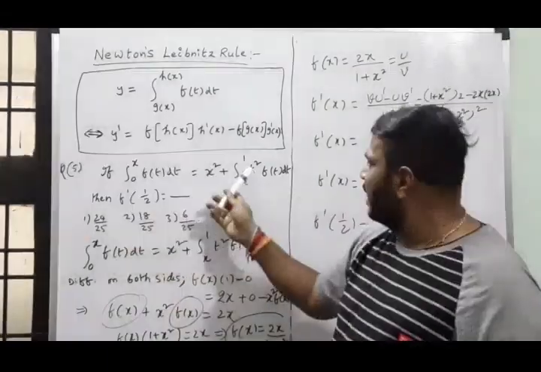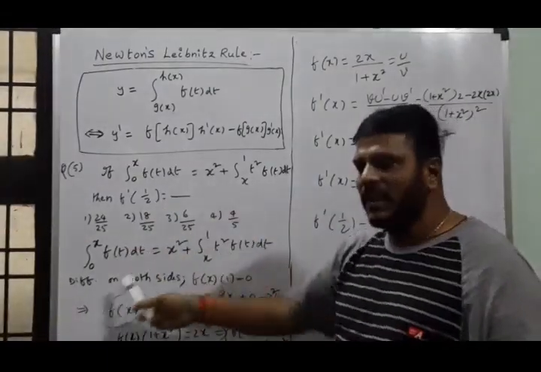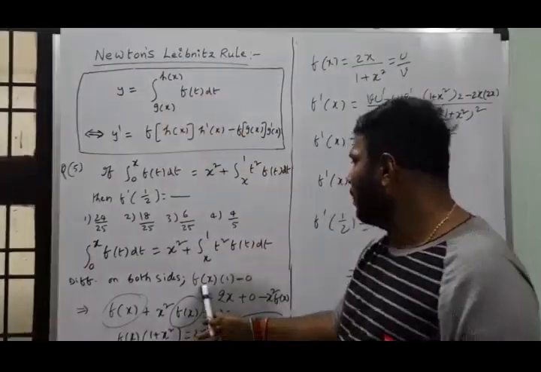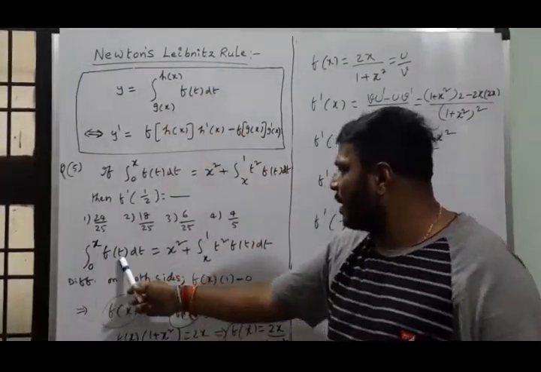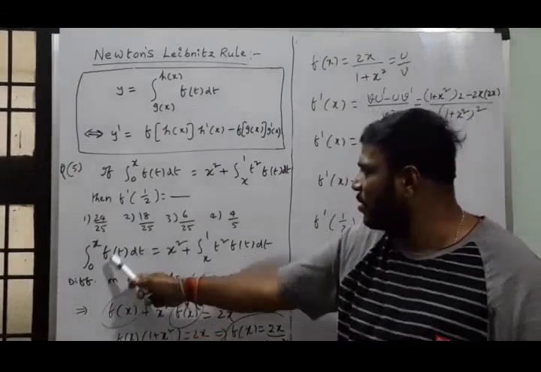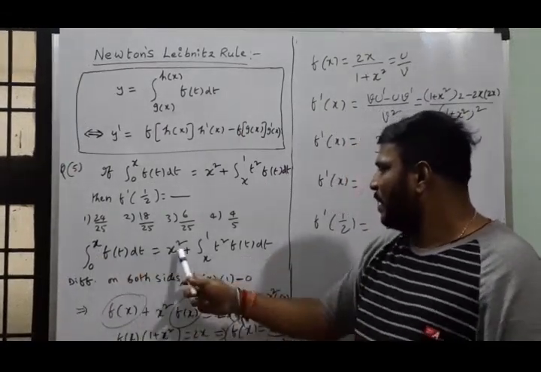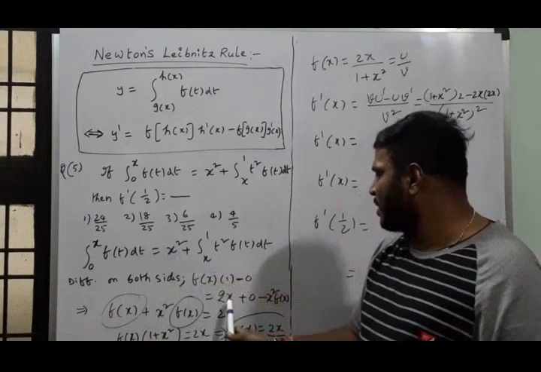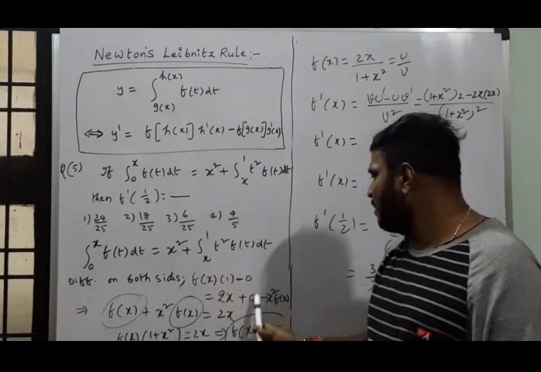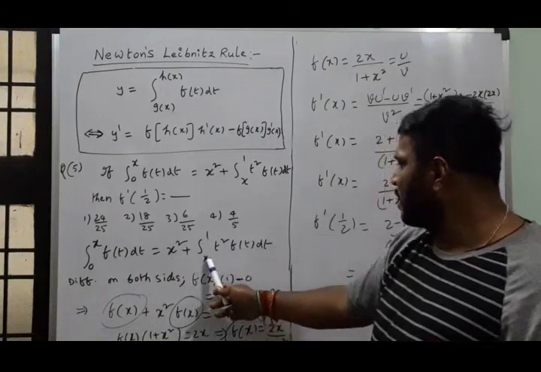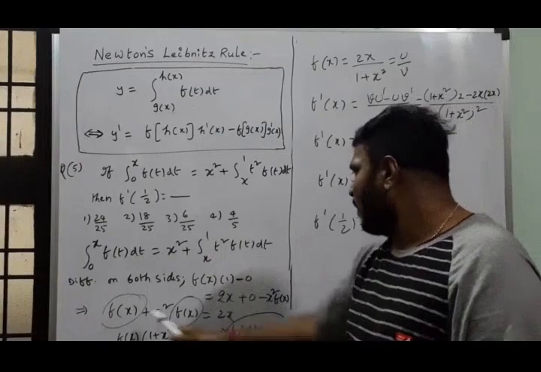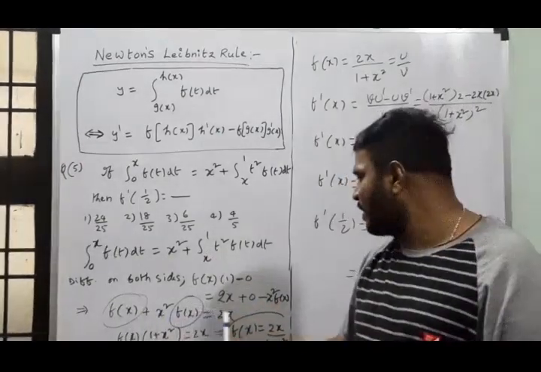Here first you have to take the given equation, differentiating on both sides. For that apply the Newton-Leibniz rule. So here substitute upper limit x, f of x into x derivative 1 minus substitute lower limit 0, x square derivative 2x. Upper limit substitute upper limit derivative 0 minus substitute lower limit x square into f of x. Now f of x plus x square into f of x is equal to x.